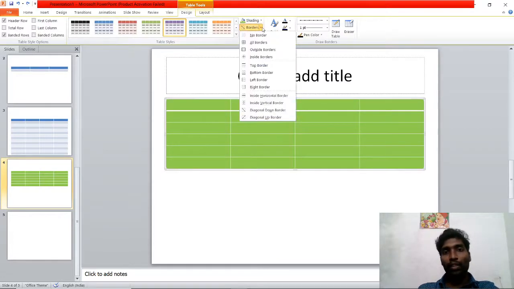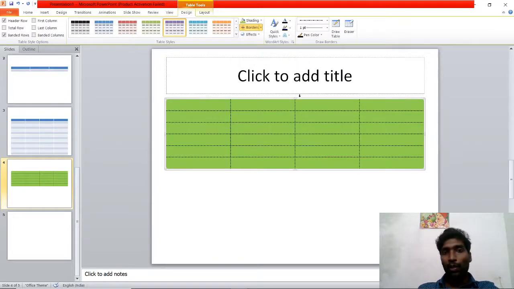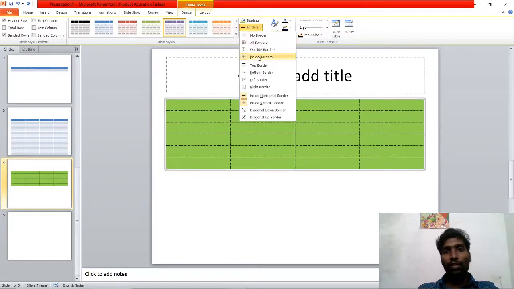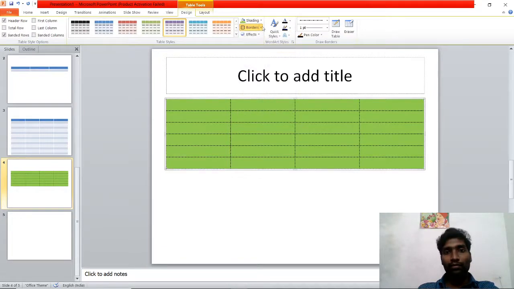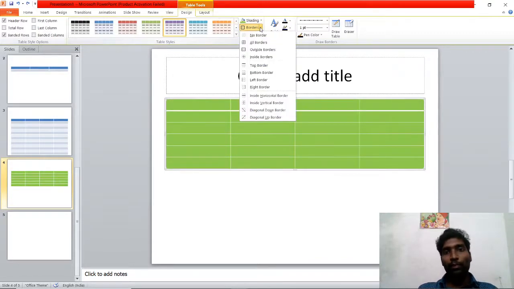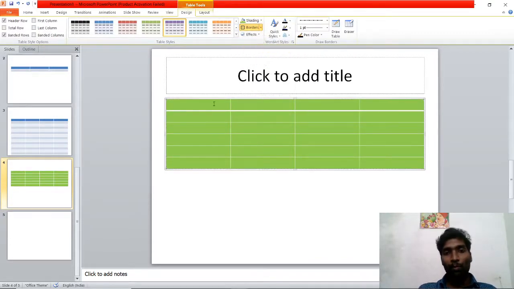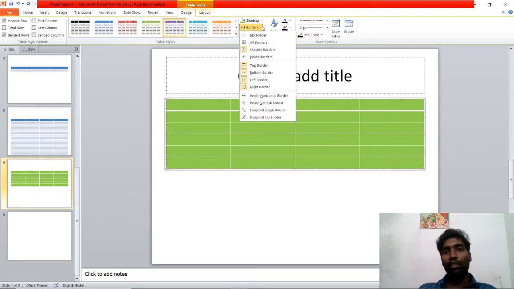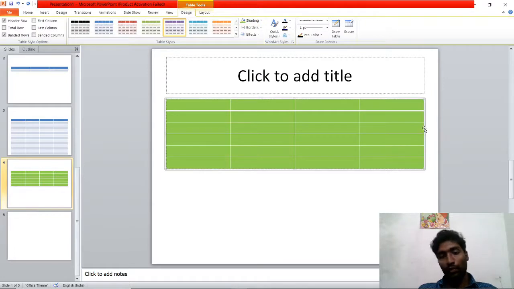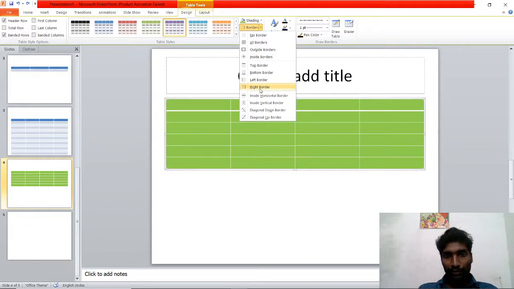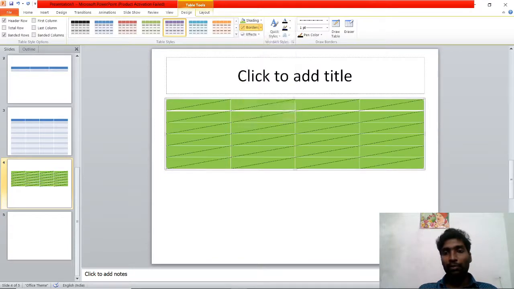Inside border means the inside has borders but outside has no border. Now I select outside border: the border is outside, and inside there is no border. Or if you go for the right border, it is there but we cannot see it. Diagonal down and diagonal up, these are the things you should know.